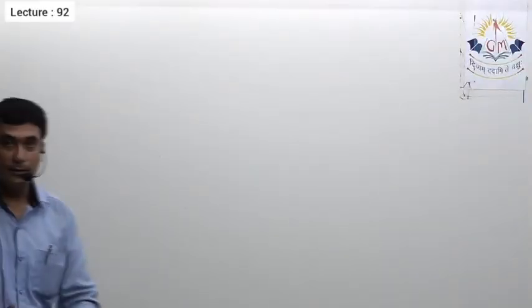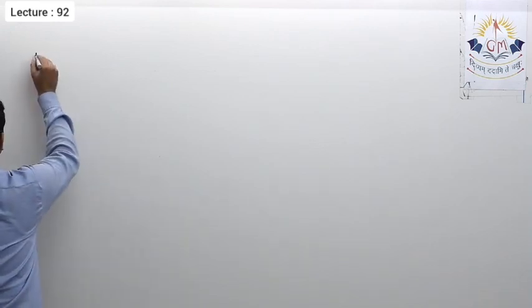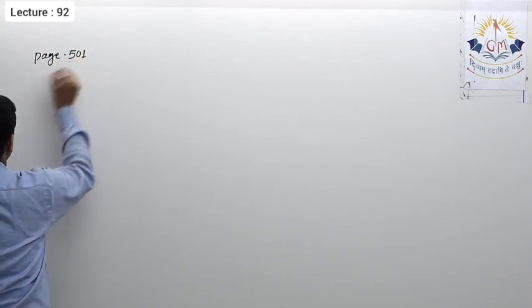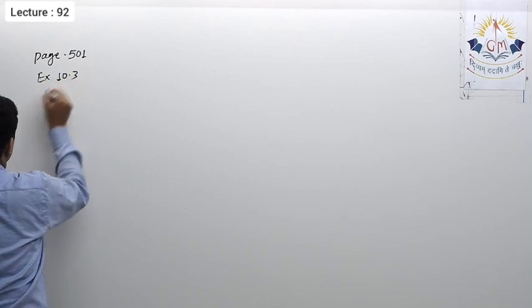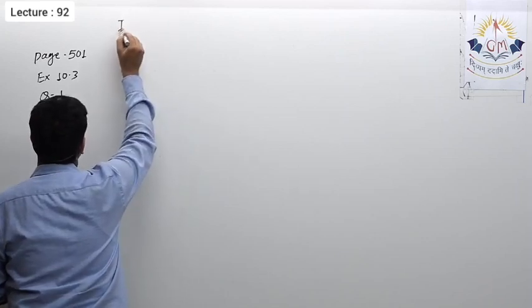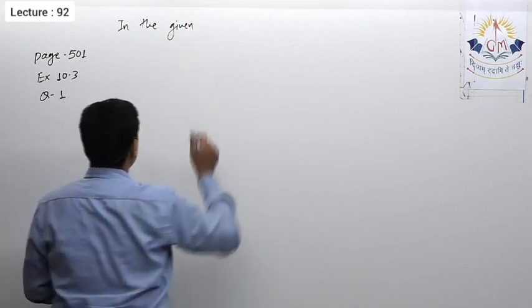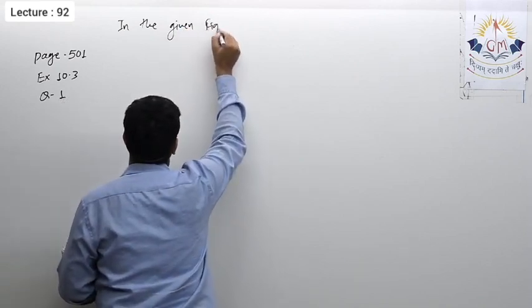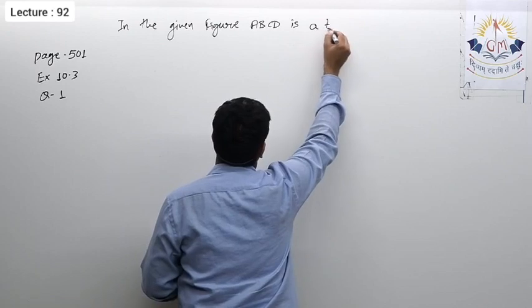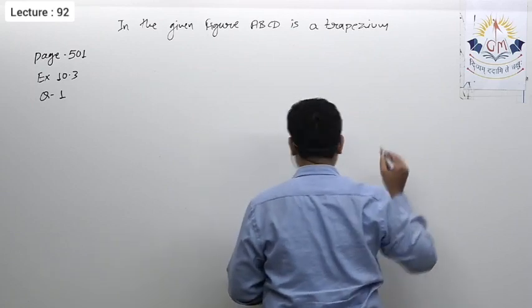Okay, let us see the next question that is taken from exercise 10.3, page number 501. Question number 1. In the given figure, ABCD is a trapezium in which AB parallel DC,